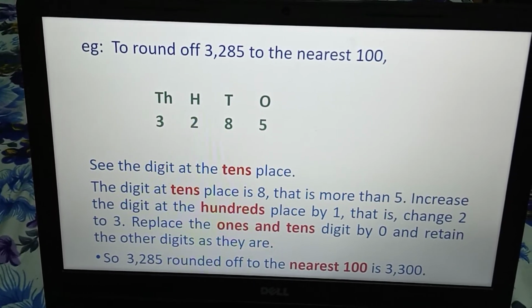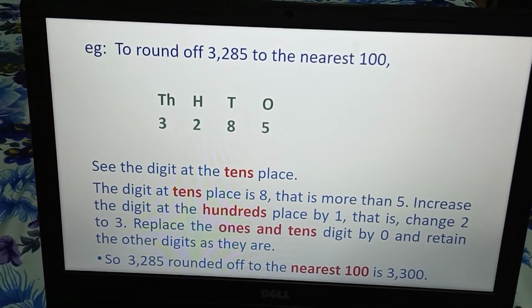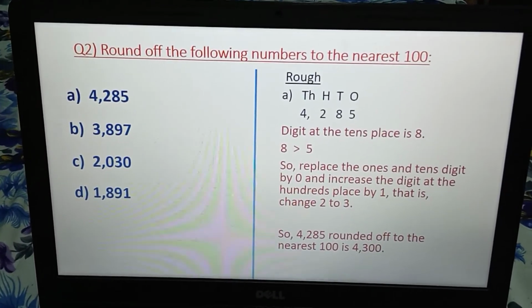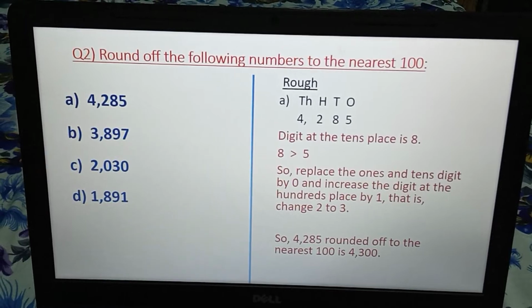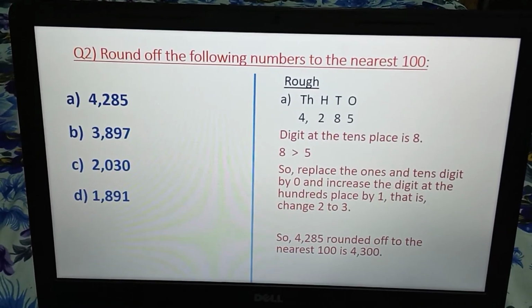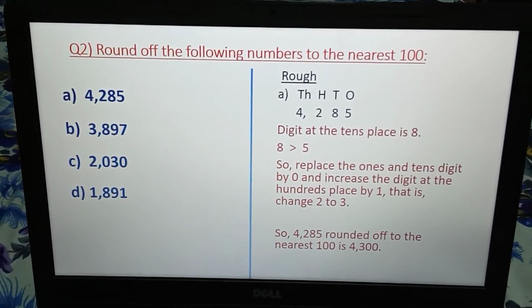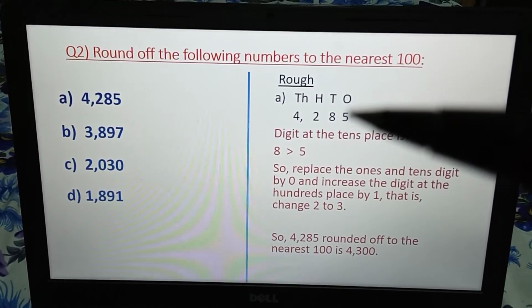It will be more clear, children, when we do some exercise questions. Let's start. Question number 2: Round up the following numbers to the nearest 100. Our first question is 4285. So again, you see in the rough column, children,